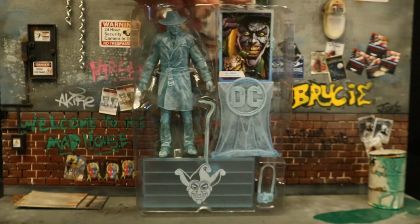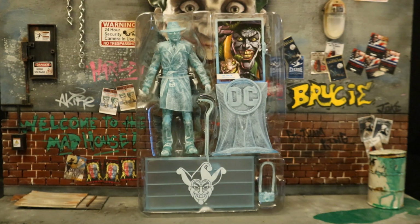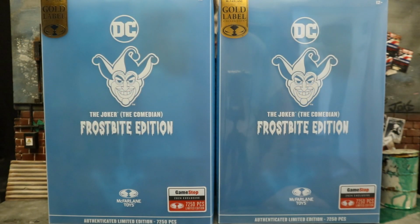Then take the figure out in the clamshell, like so. With no further ado, let's open them up. And of course, as always, I did get two of these figures. One I wish to open and enjoy, the other one to keep unopened in my complete Batman-related unopened action figure